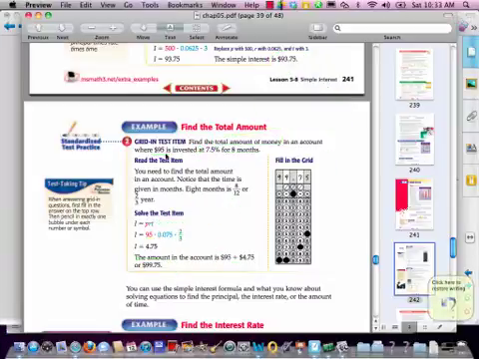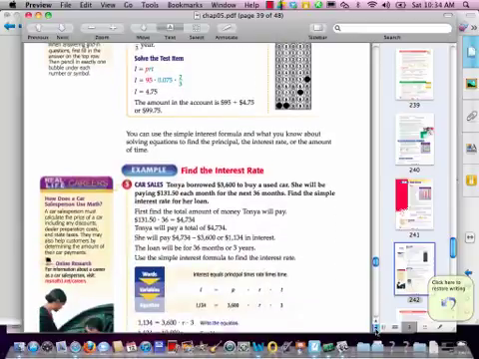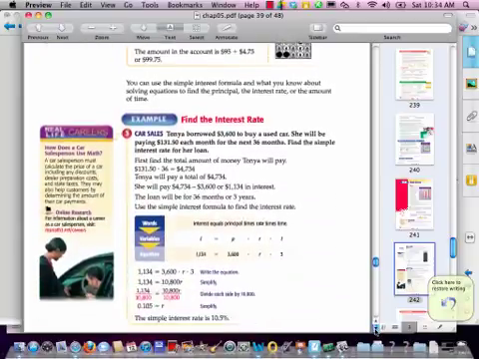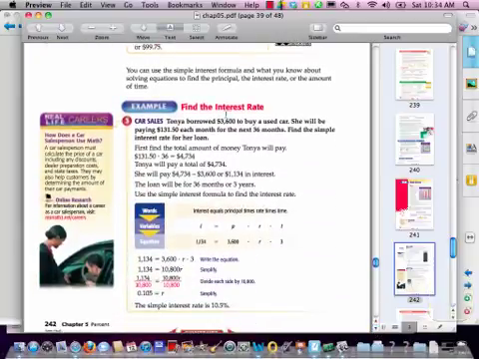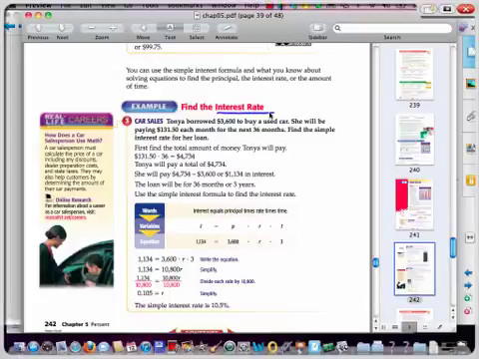All right, so let's take a look at one more here. And this one we're going to do something a little bit different in that we're going to find the interest rate. So we're going to find the rate that we're using. We're given all the other information. So once again, we've got our formula